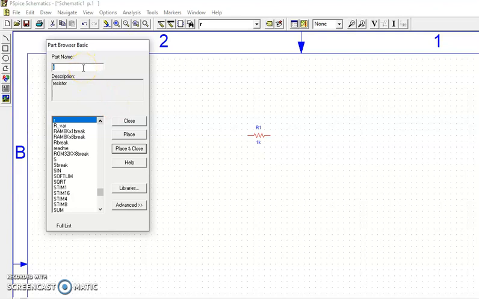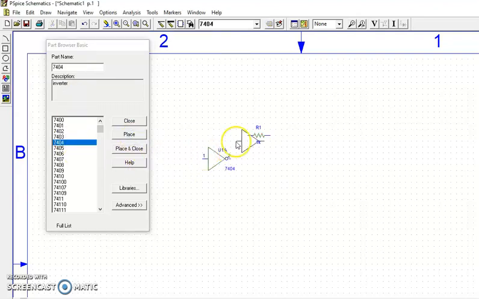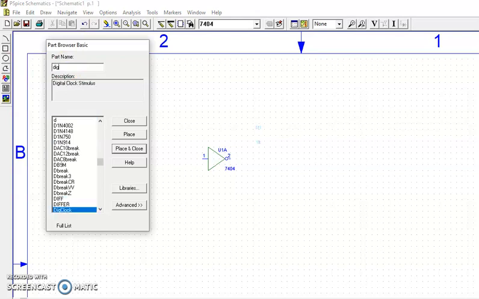The IC number of the NOT gate is 7404. You type that, and you can place that component. Since it is an analog electronics part, we can't provide the input as 0 or 1. So how you provide the input for this is you use a continuous signal where for a certain period of time the input is high and for a certain period of time the input is low. The signal we can use is a digital clock or a square wave. Now we are going to use the digital clock, where the content is a square wave.